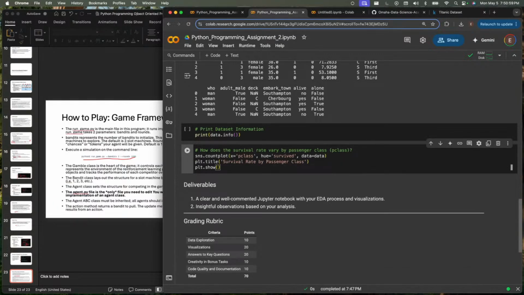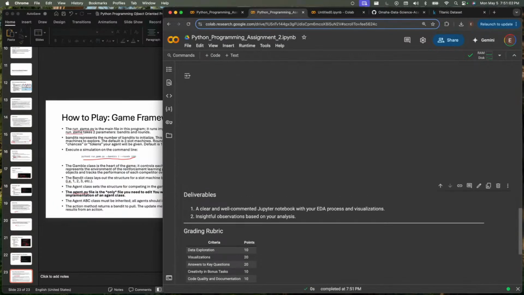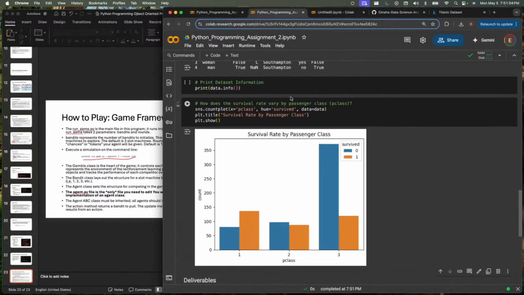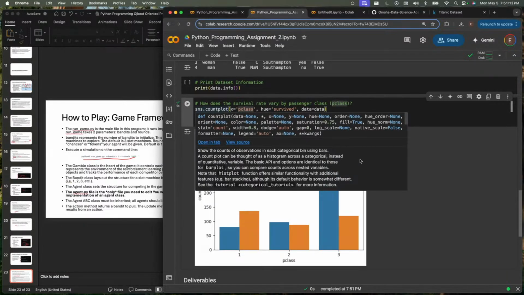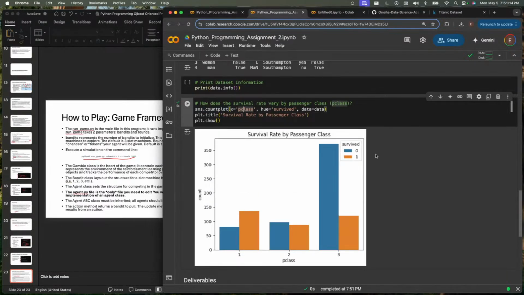So let me see if this is going to answer our question here. If we create here a bar chart with 2 categories, whether or not somebody survived. Survived is 1. Not survived is 0. Let me make sure that's correct. Oh, that's how we're calling it. Okay, so on the left here we have count, and on the right here we have P class.